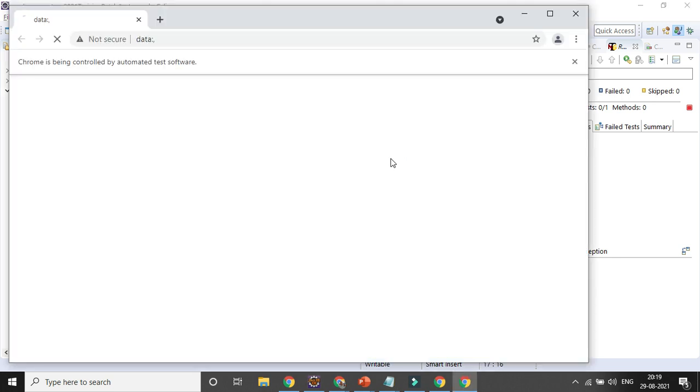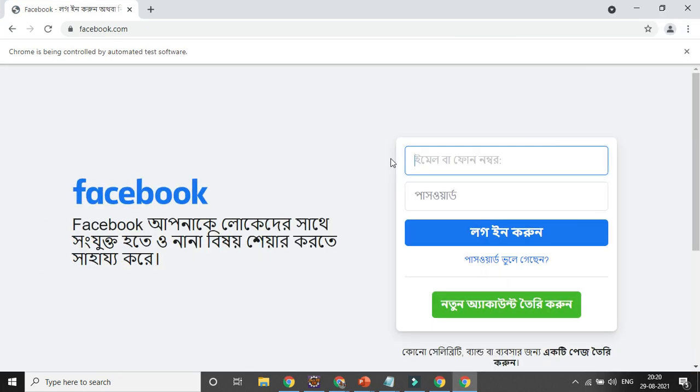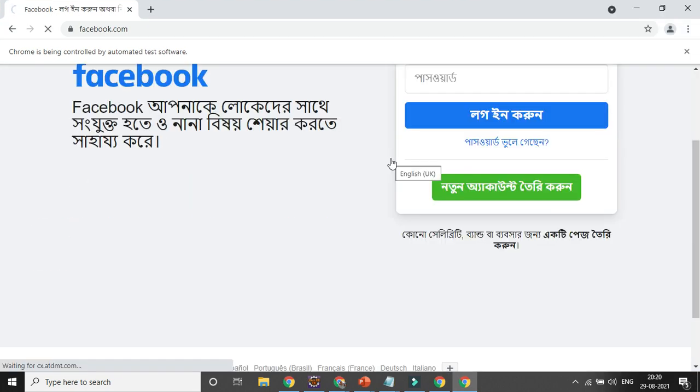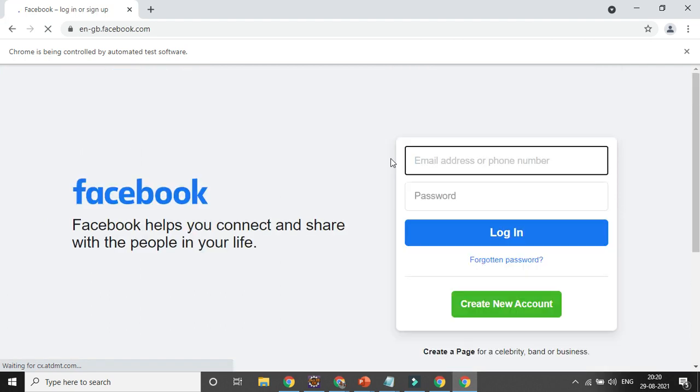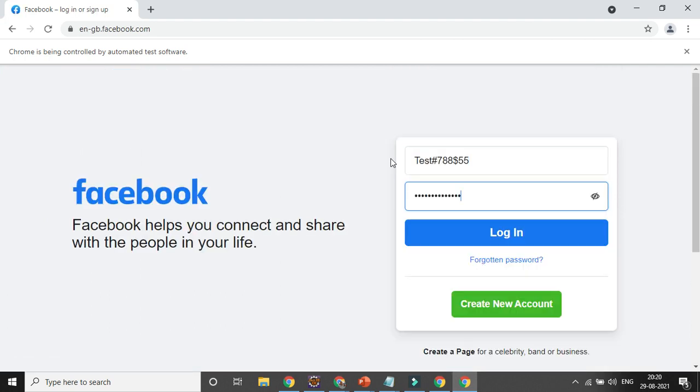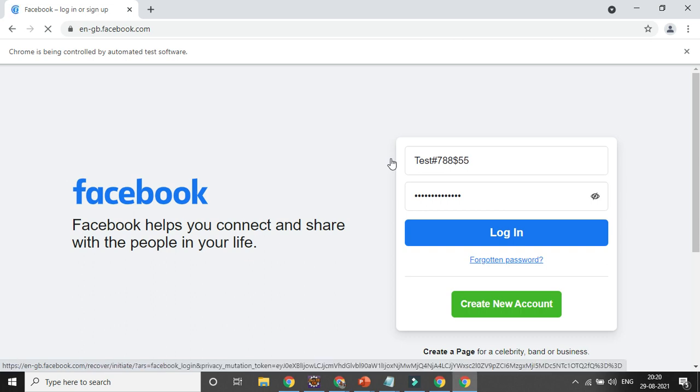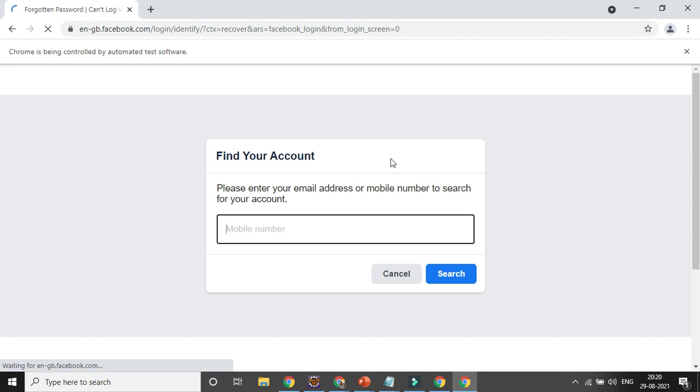I already covered it in my previous session, so you can have a look at how to capture a screenshot and how to give the name with the current timing, so that it will be unique. No need to give any fixed name.